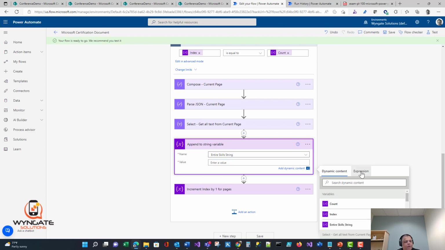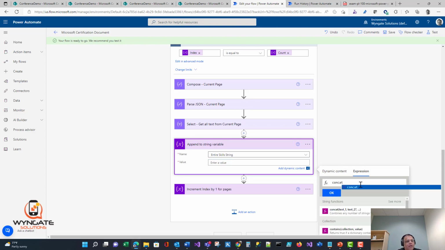Here is where I'm going to use concat, because if you remember when we did the first page, it ended without the breakpoint or the %0a. So this time what I'm going to do is put a %0a